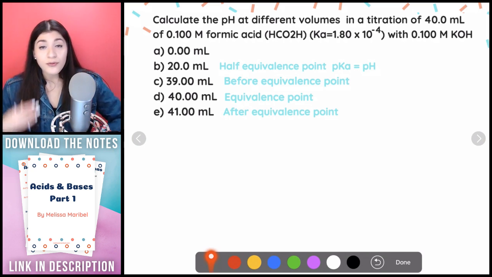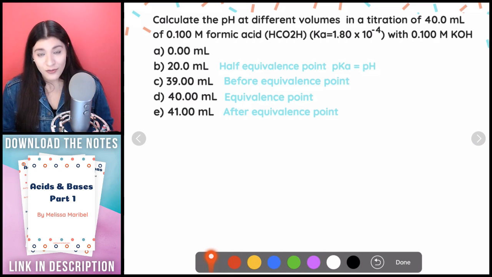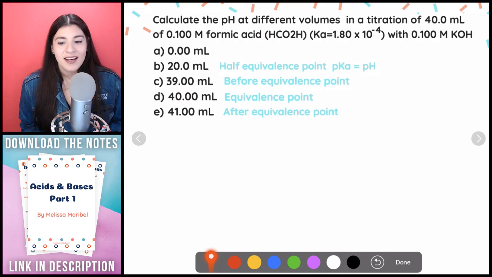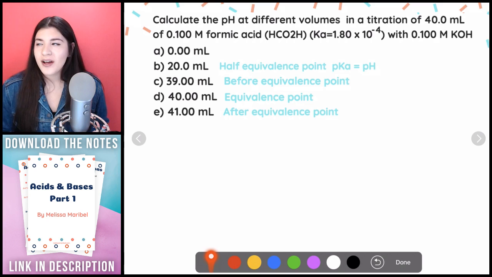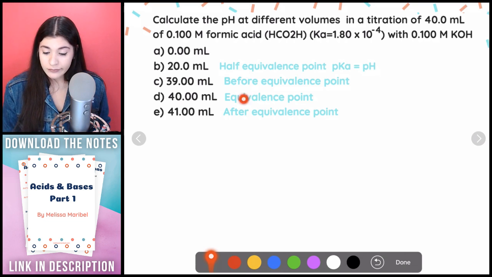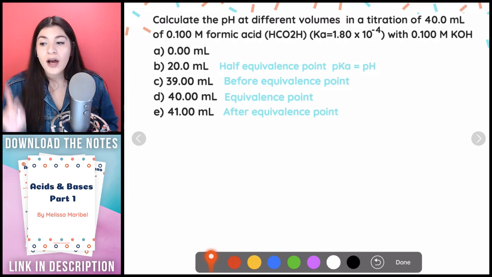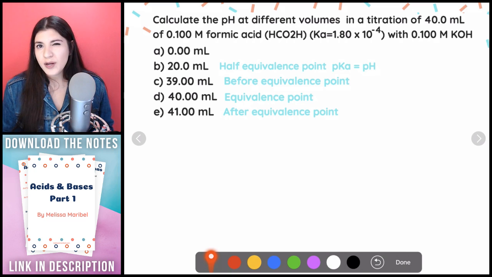Understanding what's before the equivalence point, what is the equivalence point, what's after it, and so on is going to be really helpful, because there are a lot of tricks to some of these questions. What I mean by that is there are shortcuts that you can use, which I'll teach you. So when we're looking at this, we said that our equivalence point was 40. That means that's where it's going to be neutral, but it doesn't mean that our pH will be 7, unfortunately. It's actually going to mean our pH is a little bit above 7.